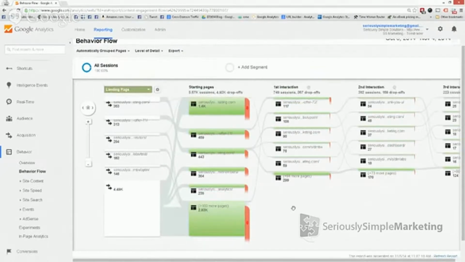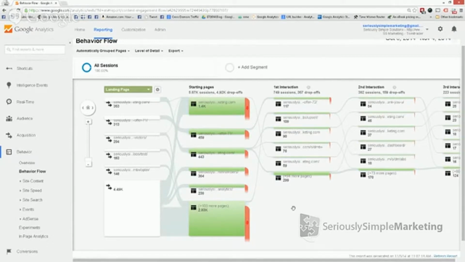And the important part about this and how you could use this report is think about funnels. So when you're going through your funnel, you want to make sure that people are using it in the way that you think they should be using it, meaning maybe they come to the landing, or let's say it's an opt-in page or a squeeze page, and then from there they go to the offer, and then from there they go to an upsell, and then to another upsell, and you sort of think that should be the flow.